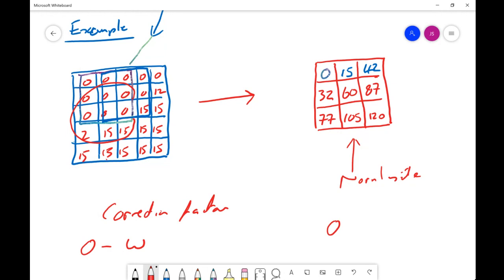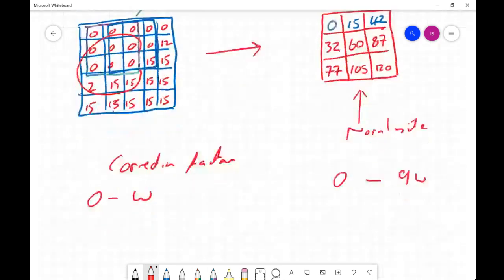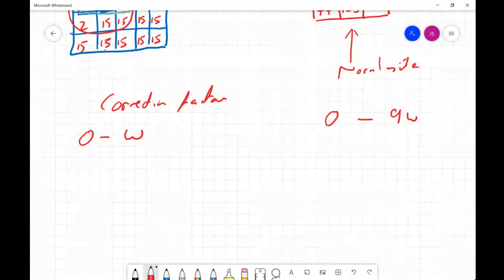The maximum value would be, well, it doesn't occur in this image, but if all the pixels under the window were 15, it would be 9W. So the correction factor, if I've got a range 0 to 9W, I want a range 0 to W, divide by 9. So the algorithm